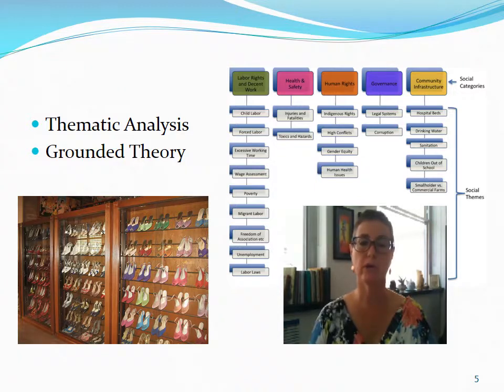They're all different sorts of themes or different categories that I can use. And on the right-hand side there, I've got different social categories that I might use to look at data, like labour rights, health and safety, human rights, governance, community infrastructure. I could include education, and then there are a whole lot of themes underneath there as well. So there are lots of ways in which you can organise your data. It's not about me being prescriptive at all and telling you how to do it. It's about you working out what makes the most sense from your data.